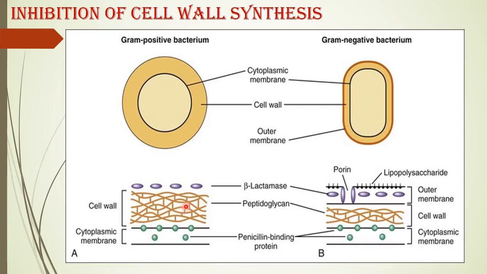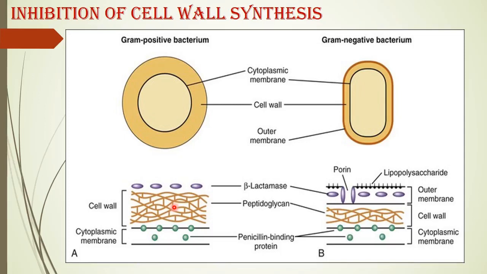Okay? Now after synthesis of this peptidoglycan moiety, there is a cross linkage. Look here, the cross linkage. These are not straight. One peptidoglycan is attached to another. Okay? This process is called transpeptidation. Transpeptidation reaction. Why is this happening? To make the cell wall rigid, very tough, so that it can resist the osmotic pressures.